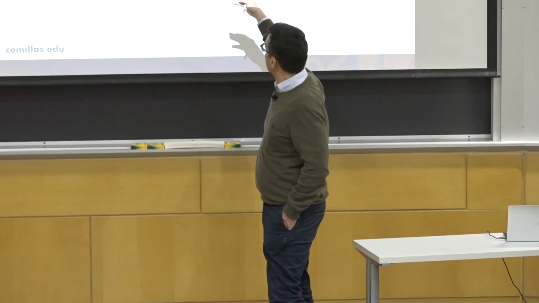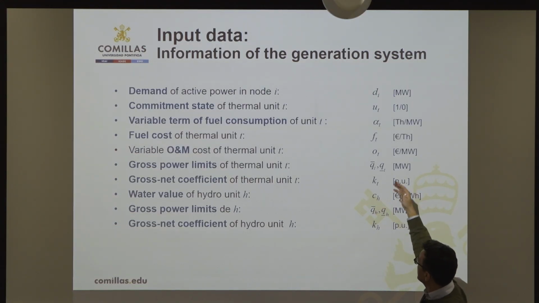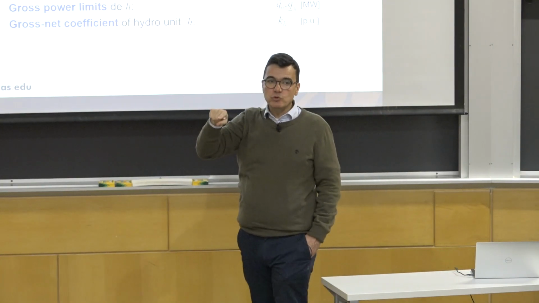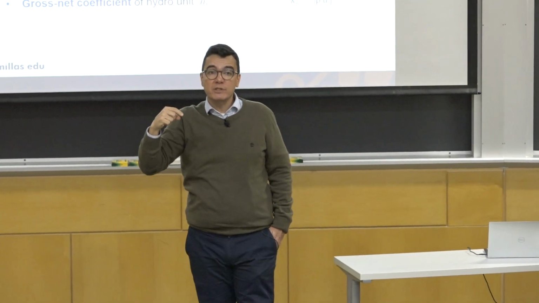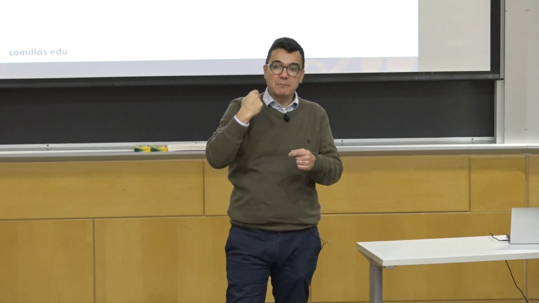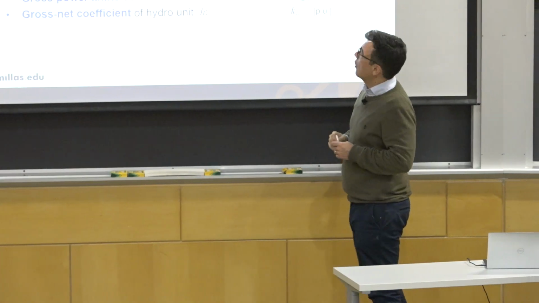We are going to assume that we have a linear expression. Then we have the limits of my generators, maximum and minimum stable load, the gross to net coefficient. Remember yesterday that we said that whenever I produce with my generator, not 100% of this production is injected into the system. Part comes back to the power plant to feed all its